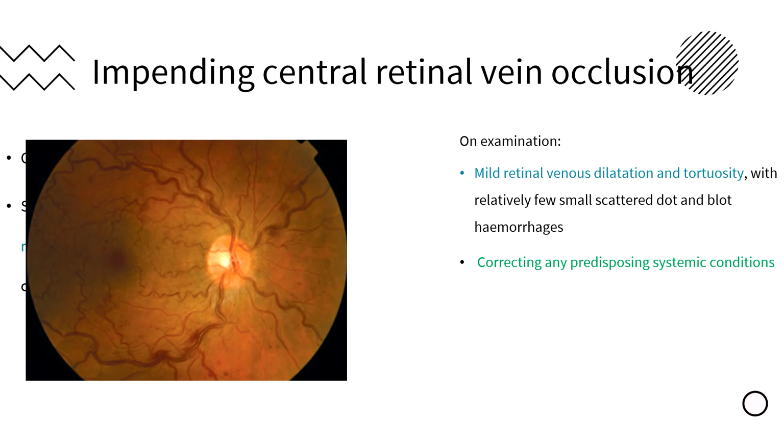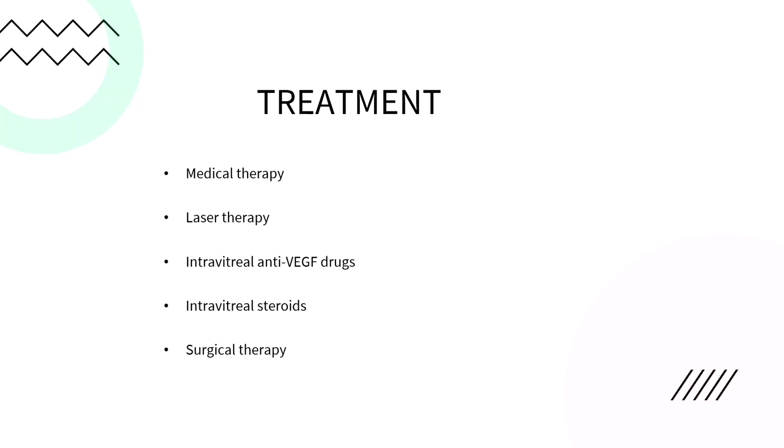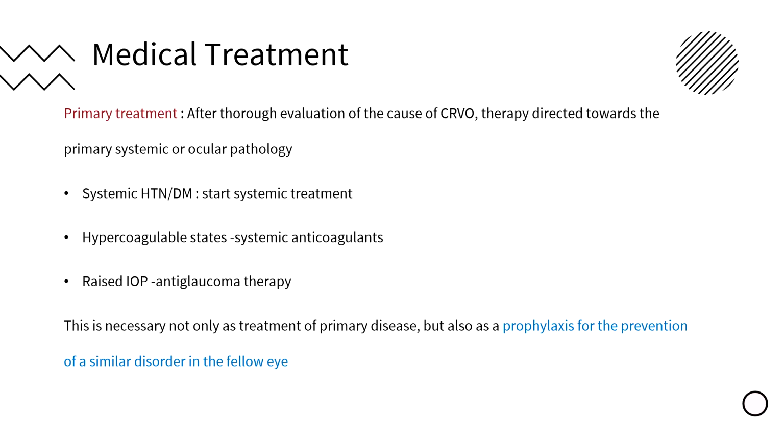The mainstay of treatment is correcting any predisposing systemic condition. The treatment consists of medical therapy, laser therapy, intravitreal anti-VEGF drug, intravitreal steroid, and surgical therapy. Medical treatment: after thorough examination and evaluation of the cause of CRVO, therapy directed towards the primary systemic or ocular pathology is to be started. For systemic hypertension, hypercoagulable states, and raised IOP, the particular therapy is started. This is necessary not only as treatment of the primary disease but as prophylaxis for the prevention of similar disorder